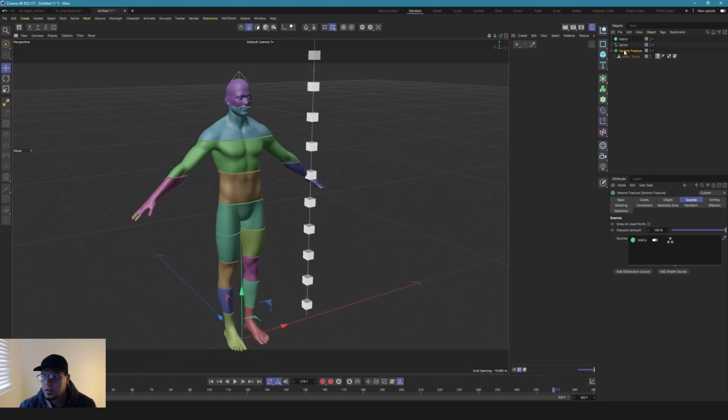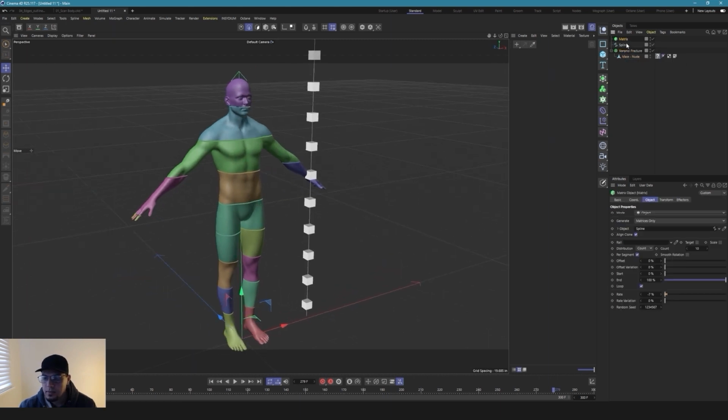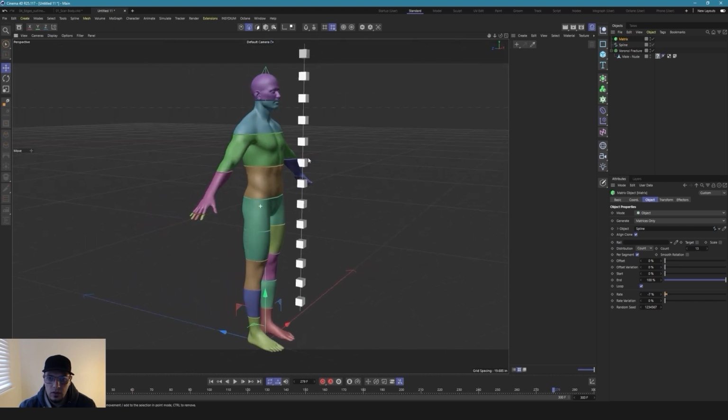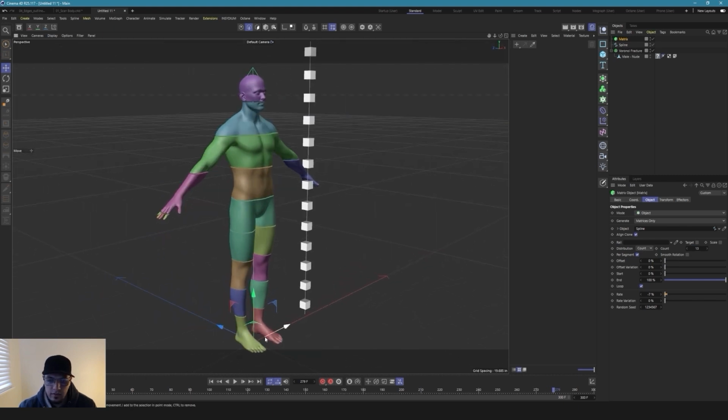Anyways, I can come back here and go into the matrix, and where it says distribution, count, I can control how many times this breaks. So 13, I'll just add more. And if I hit animate,